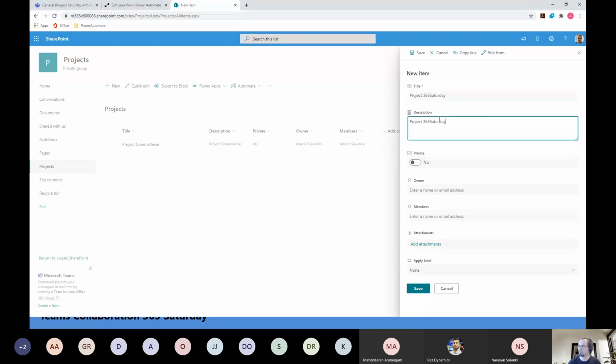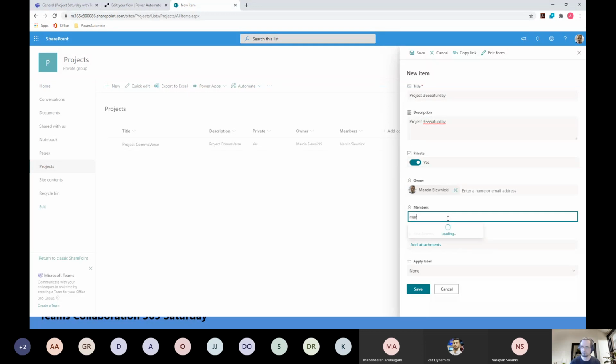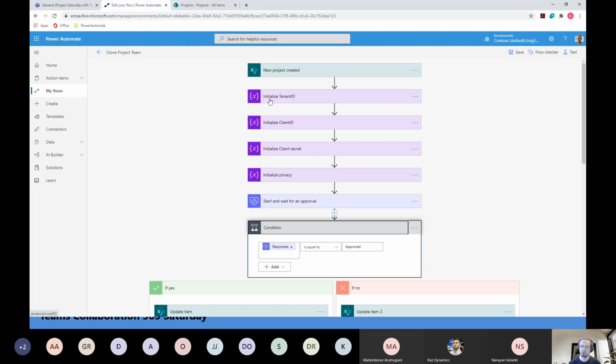Okay, you can add some description. Is it private? Yes. Owner. I will be an owner. Duplicates. There's only me. That's it. And based on that list, I created a very simple flow that gets data from that